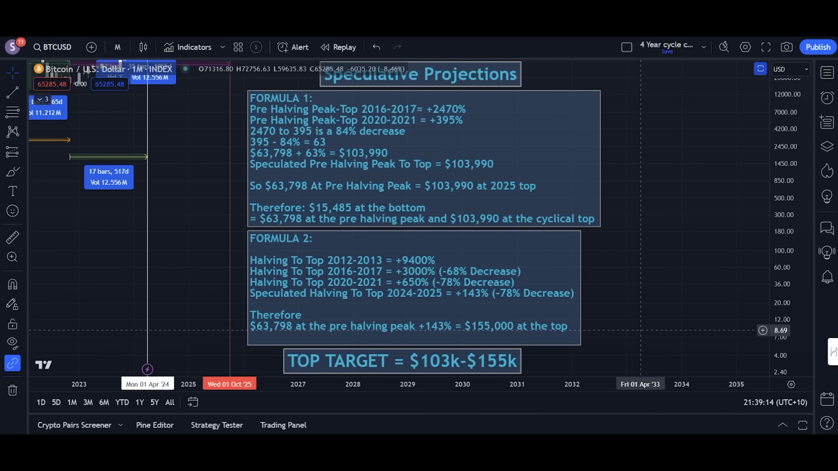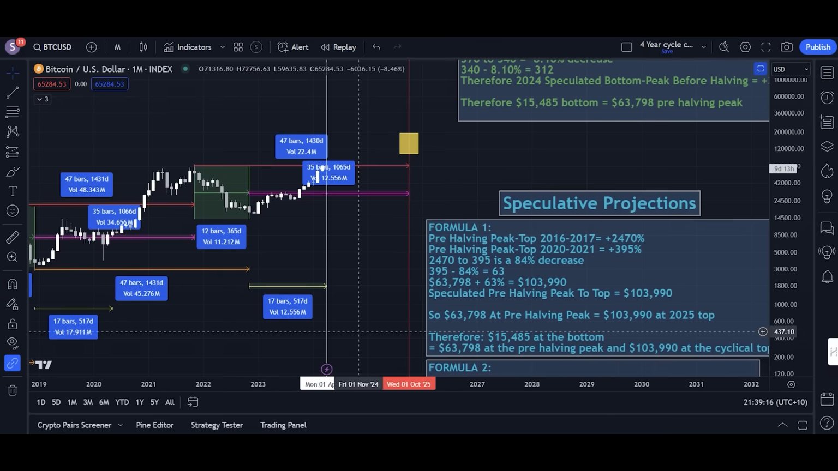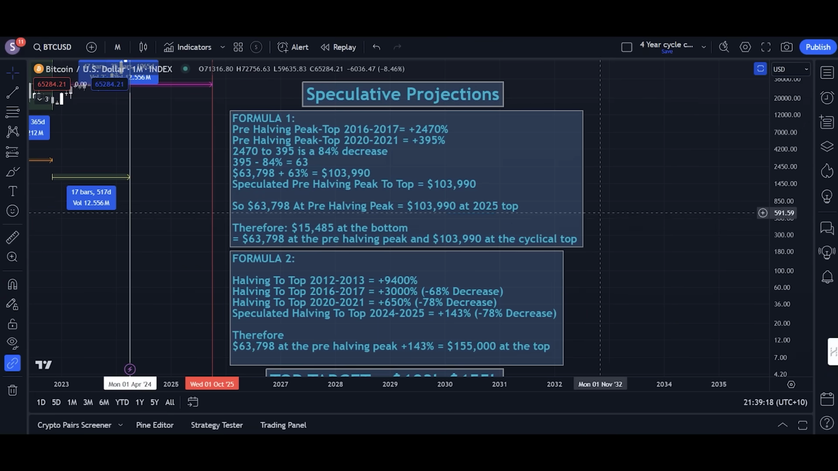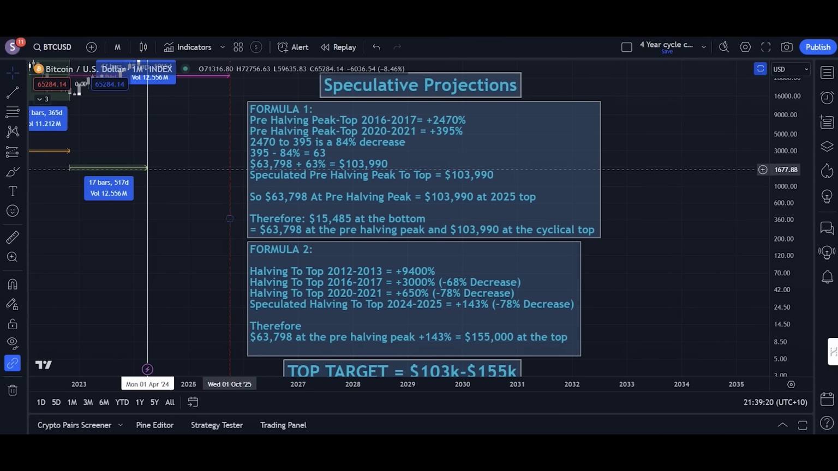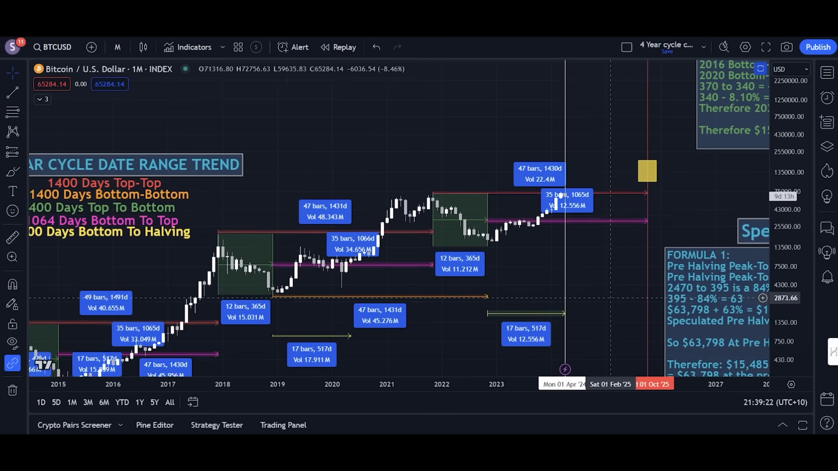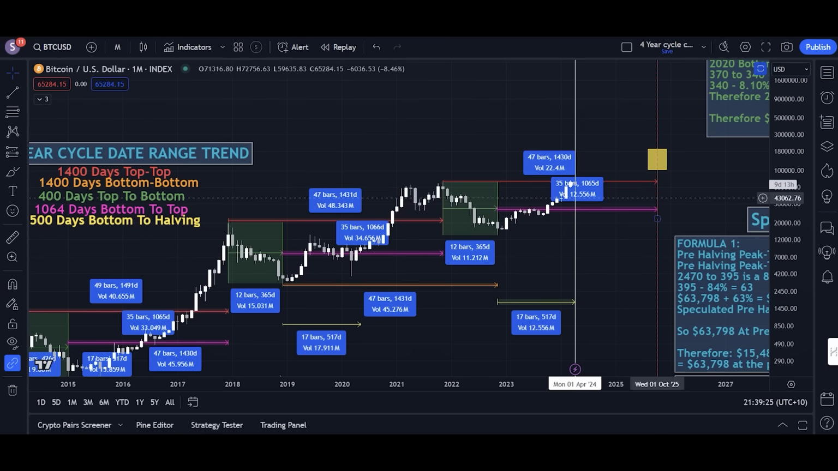These targets are only really valid if we see a traditional 4-year cycle top, and that's very much in doubt. There's a growing pool of data to suggest that Bitcoin will top out earlier than October 2025, and even to suggest that Bitcoin could be breaking the 4-year cycle altogether and entering a completely new phase, right? A phase in which we don't see these regular 4-year bull markets and 4-year bear markets,